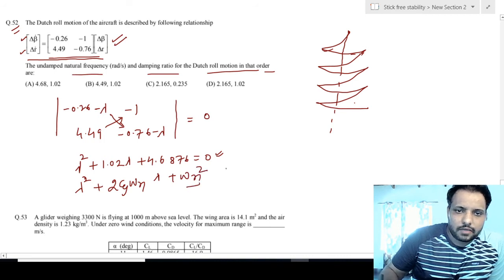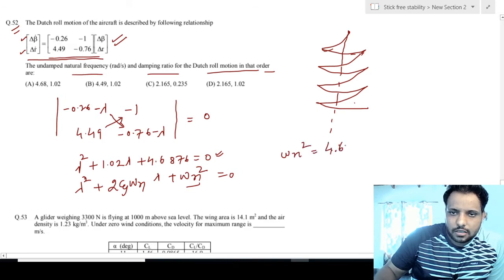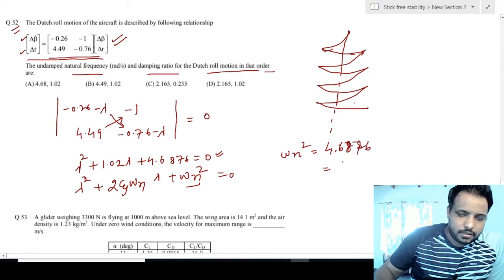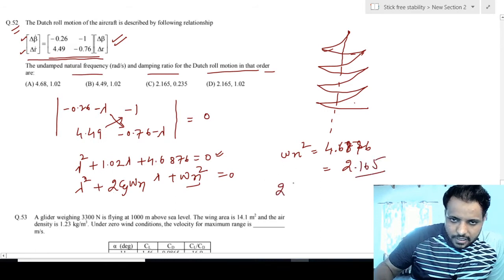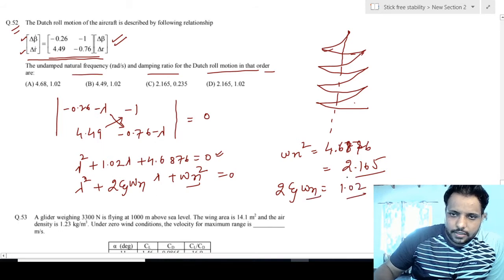So if I compare with this equation, from here I can say that omega n square is 4.6876. So I'll get omega n as 2.165, whereas for the damping ratio, 2 zeta omega n is what? That is 1.02. Omega n is 2.165, so I can easily get